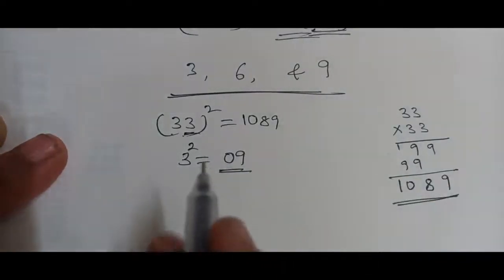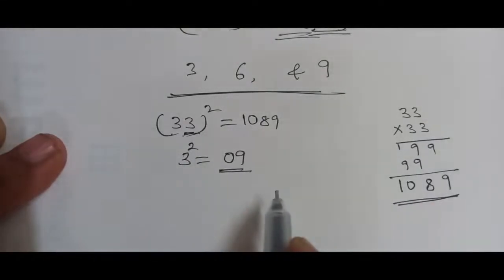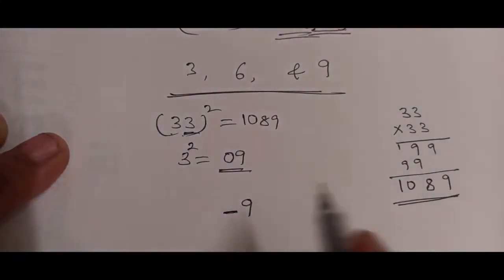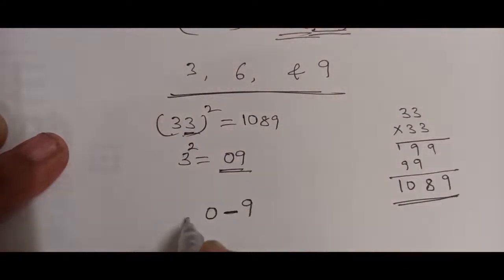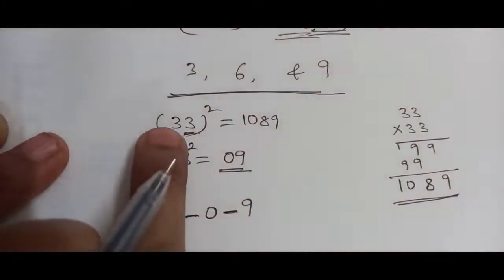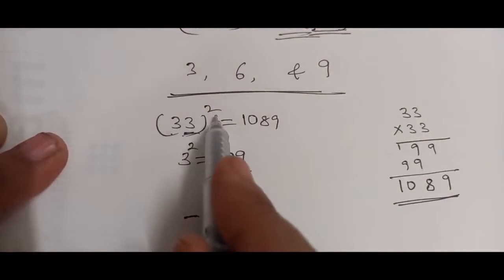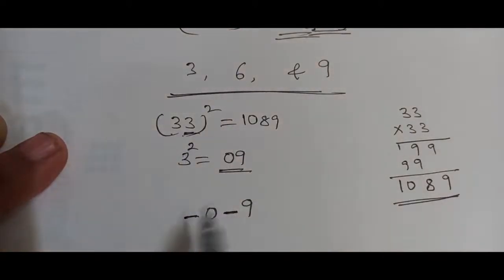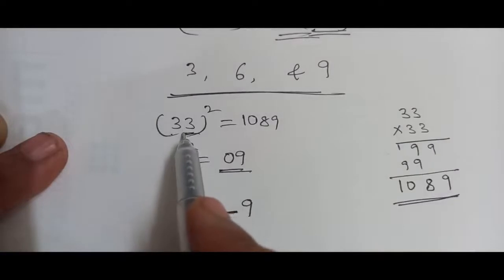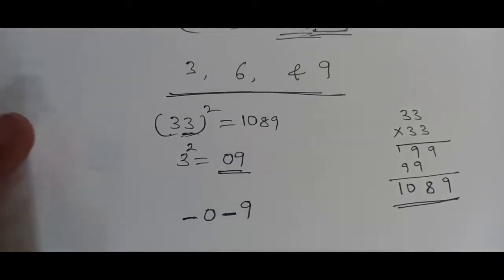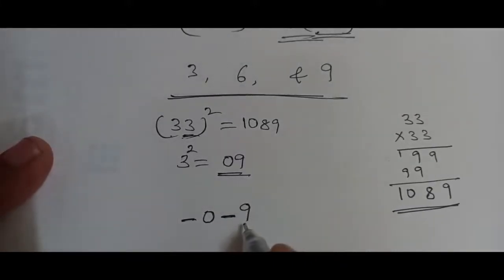Okay. Now what we need to do is, this is a 2 digit number, no? So write first 9 and leave one space here. Then write 0, again leave one space. If it is 3 digits, then we need to leave 2 spaces. If it is 4 digits, we need to leave 3 spaces. That means for n number of digits, we need to leave n minus 1 spaces. Is it clear?